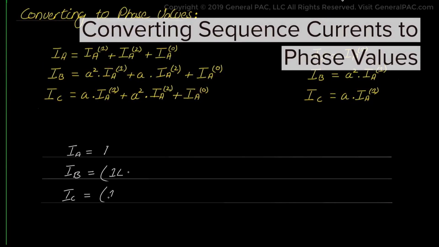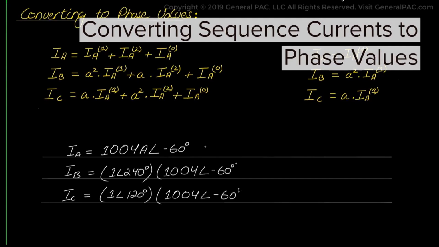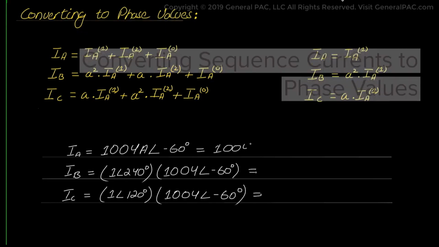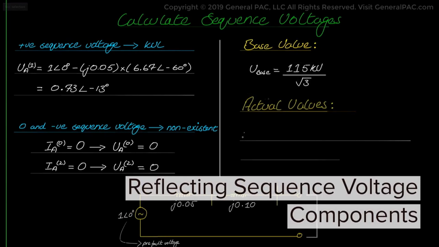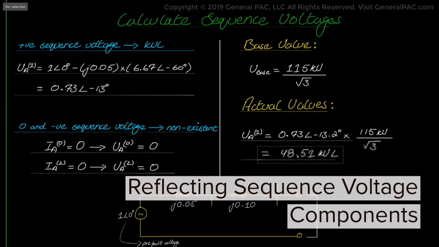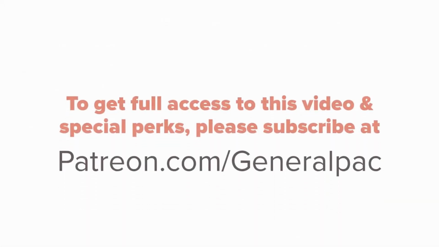Plugging in the values of the a operator and the a squared operator as well as the sequence component values, we get the following. We find that the line A current is equal to 1000 base can therefore be taken as the following. Now multiplying the component of the base values, we get the voltage values in sequence component form. 48.51 kV at the angle of negative 13.2 degrees. Remember, these are